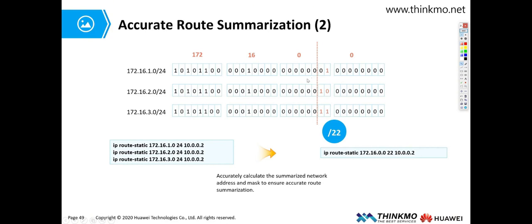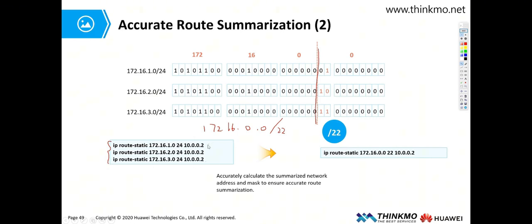We can see that up to this vertical line, everything before it is the same, so we copy it down as 172.16. Then, after this vertical line, we set everything to 0, and converting back to decimal gives us 0.0. Also, we see how many bits are the same, which is a total of 22 bits. To ensure it is indeed correct, and that it includes all of this without any excess,